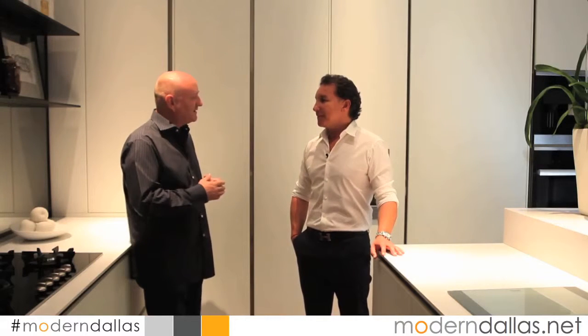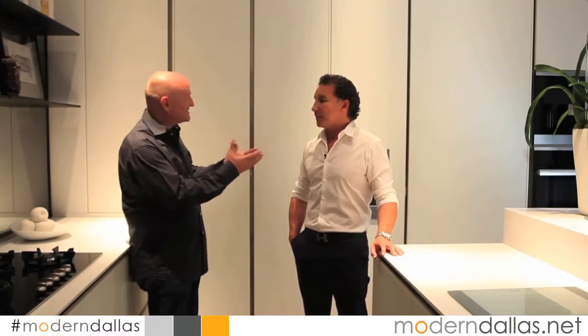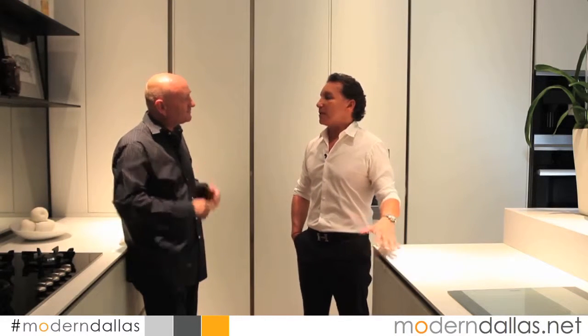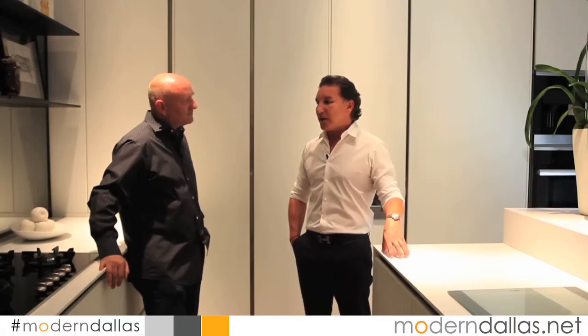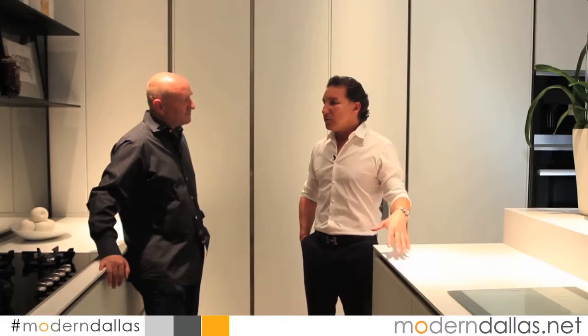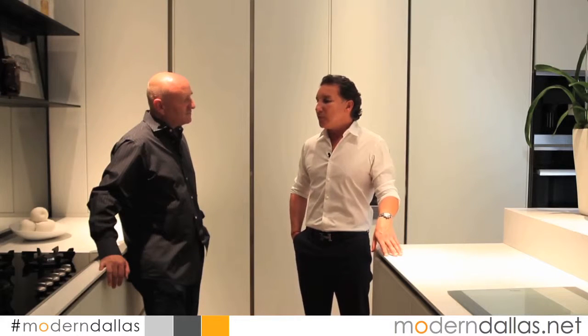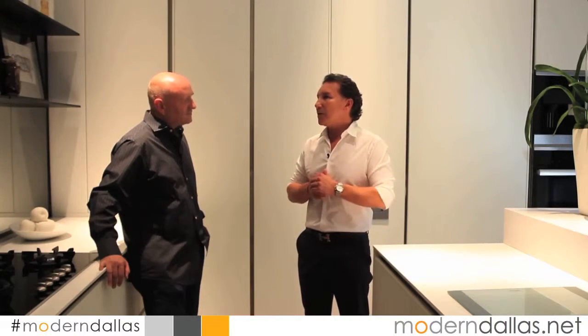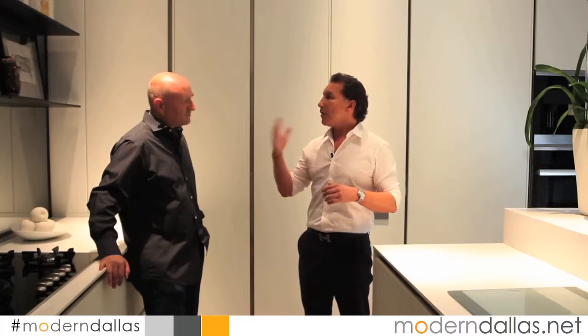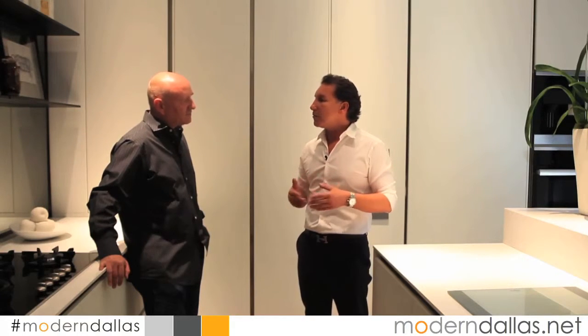Great bar area. Is that what it takes for the client to actually get to this point? Needs a great designer. Thank you. Well, and also just to bring them something extra. Each home, each client has different needs. They can have a family of 6, or they can be 2 people living in the house. Do they cook a lot? Do they not? And so being able to really listen to what they're after, what they need, and create spaces where they can display their art or their beautiful china in a way that is not your typical kitchen. It's important, and I think that's part